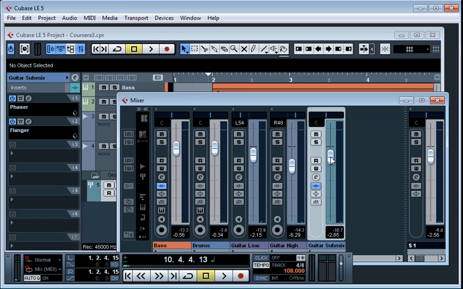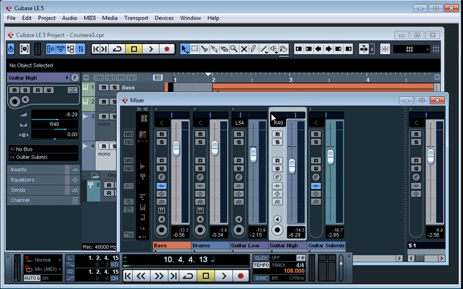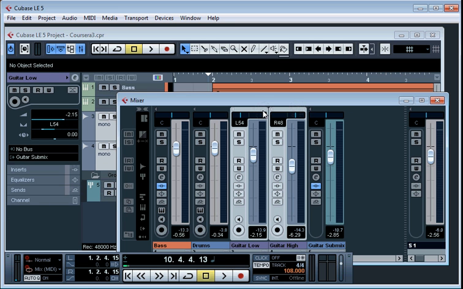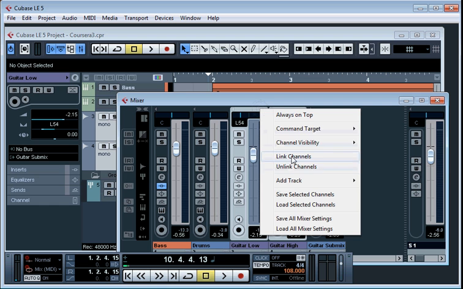Okay, so there's actually another way inside Cubase to use one volume fader for multiple tracks. It is not very widely known, it is not very well documented, so I will just make a mention of it. It's not really used. Inside your mixer window, you can select multiple tracks and then link them together. So if I selected these tracks, right-clicked and selected link channels,